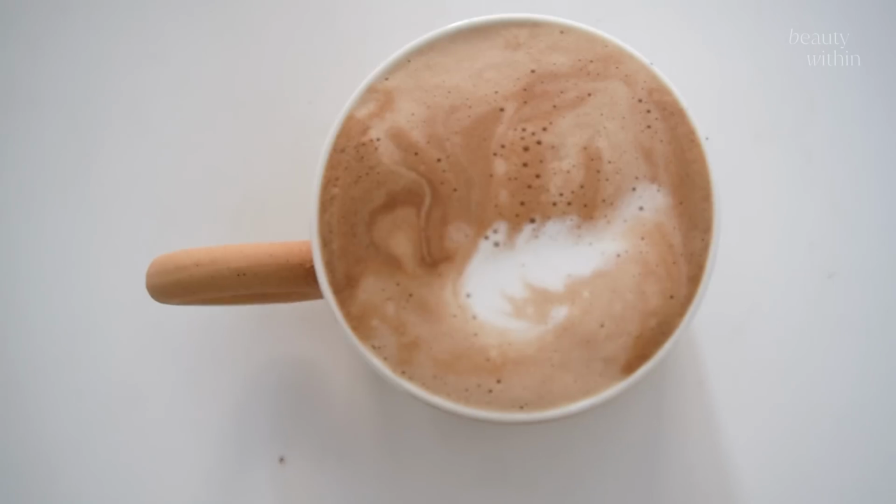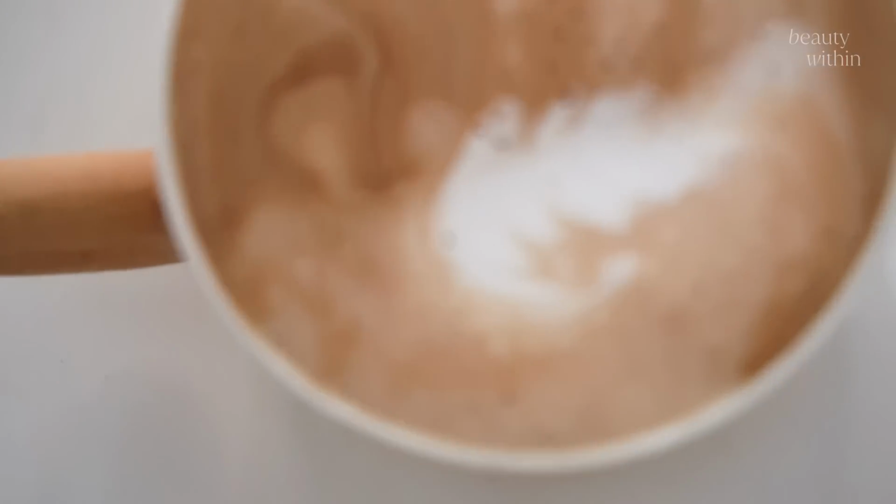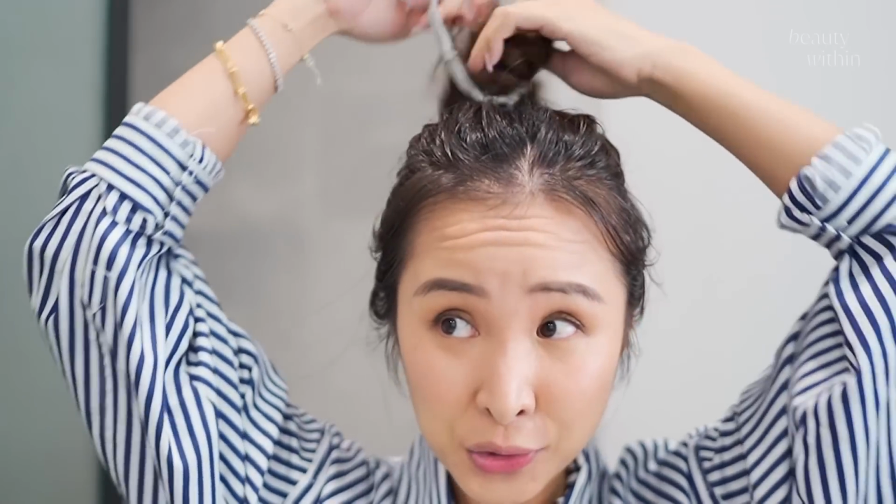It's as good as it's gonna get. Ta-da again! Let me show you what my hair looks like. It is grease lightning up in here, shining. Especially just the parts surrounding